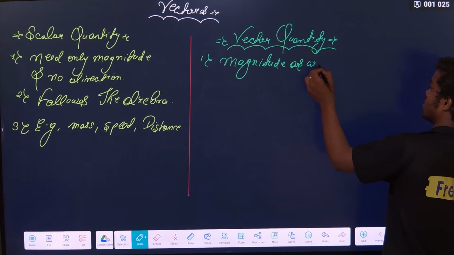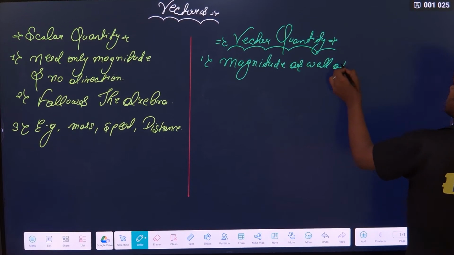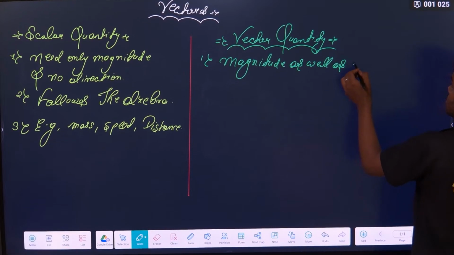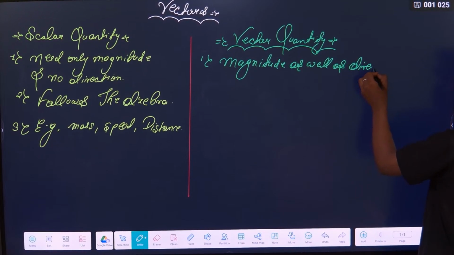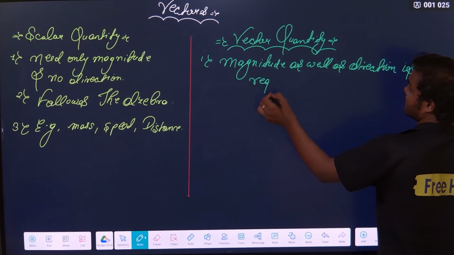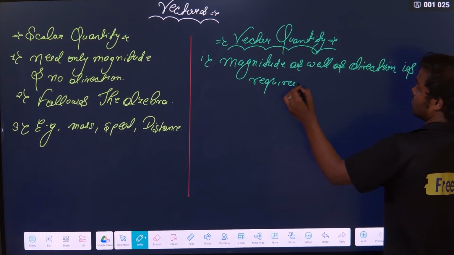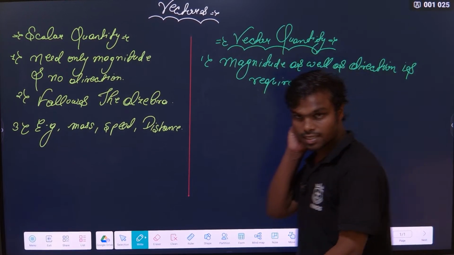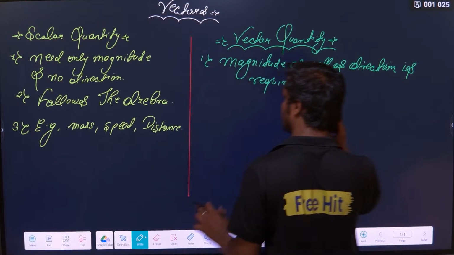Magnitude as well as direction both are required. That is the first point. Second point,